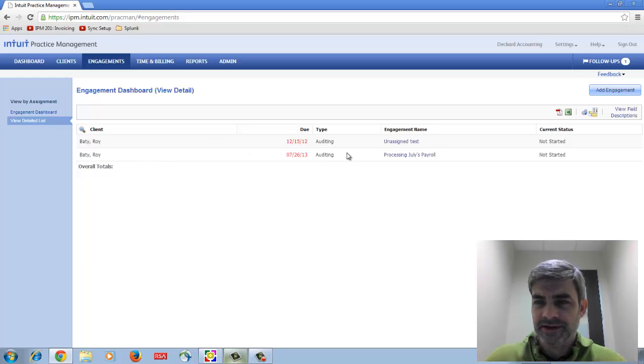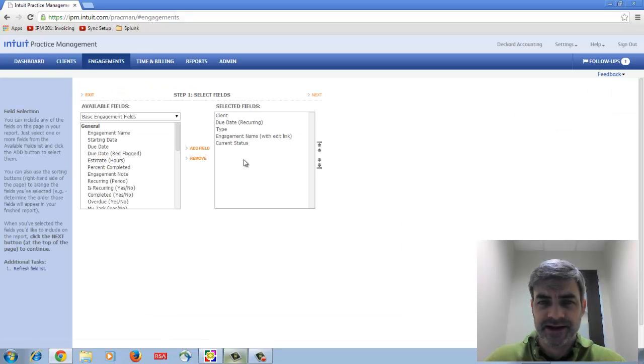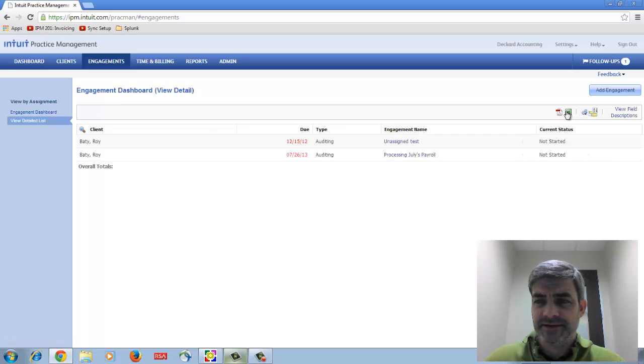Within View All, I can go in and either customize this screen, as you can with many of the Intuit Practice Management screens, so that I can add other fields and take a look at things that I'm specifically interested in seeing with my engagements. Or, if I would prefer, I can export this information to either Excel or PDF variants in order to take